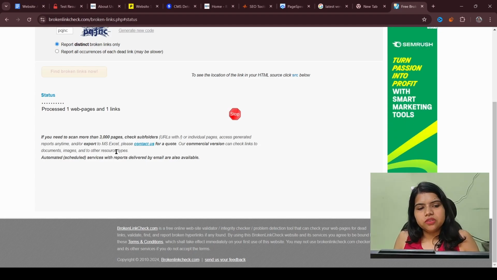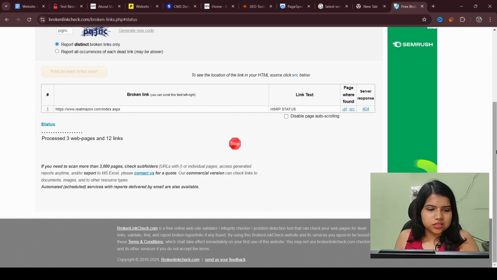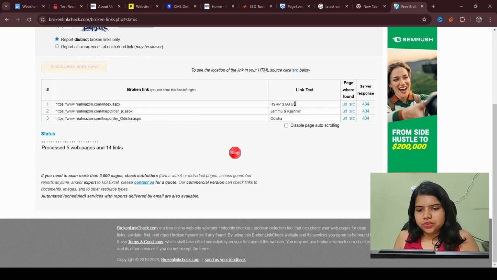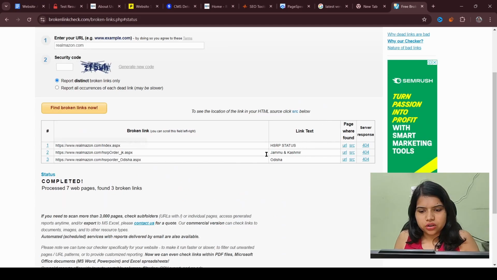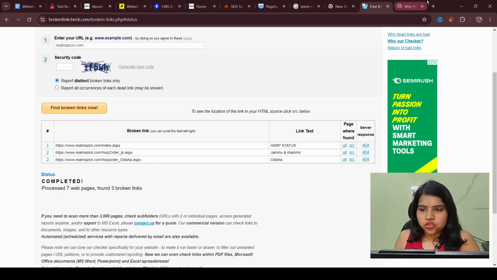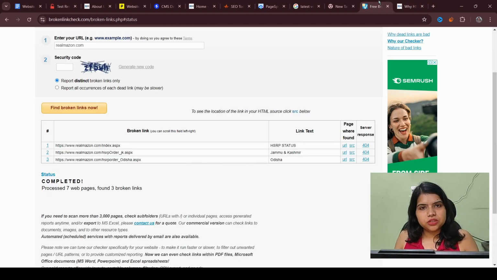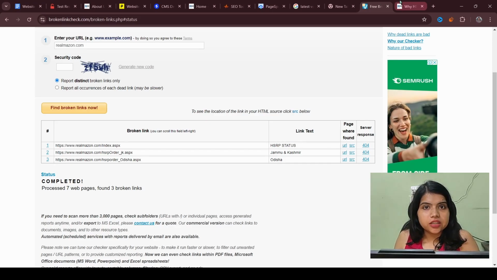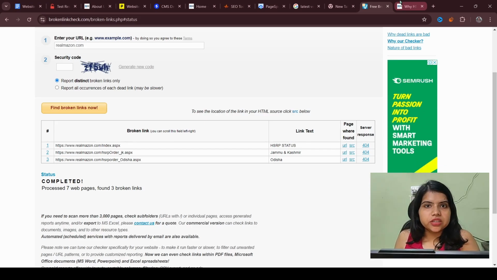If there are a lot of pages on the website, it might take very long to check all the instances, but in this case, it's just 4 to 5 pages, so it's going to be quite easier for us to check. And also there might be chances, like here you can see the link text is Jammu and Kashmir or HSRP status, but maybe when you go to this page, you will not find this link text anywhere. This is because the tools run it from the code perspective, not from the visual perspective. So there might be chances that the developer has commented out that code, or that it has the display of hidden.